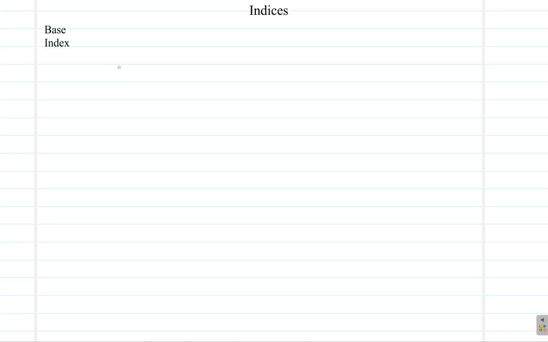Now, when you say something like 3 plus 3 plus 3 plus 3 plus 3, instead of saying 3 plus 3 plus 3 plus 3 all the time, you have another way of shortening the expression,